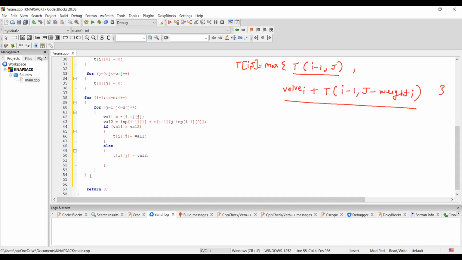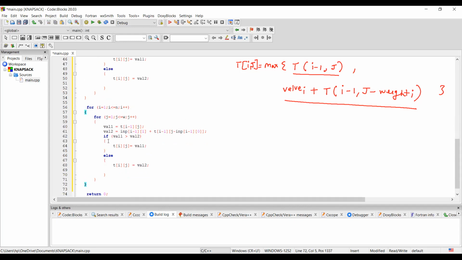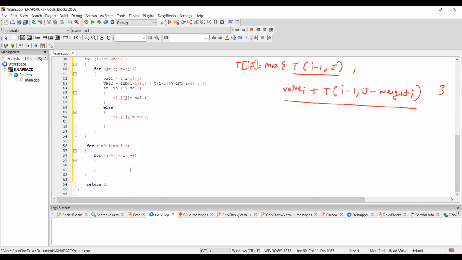So now what we can do is we can print the values of t and ij. हम लोग t और ij को print कर सकते हैं to check whether the values we got are correct or not. So let us print the tij, that is i and j, and there is no need to now compute any values. कोई भी value compute करने का जरूरत नहीं है, simply print करने का जरूरत है हमें। तो how to print that?